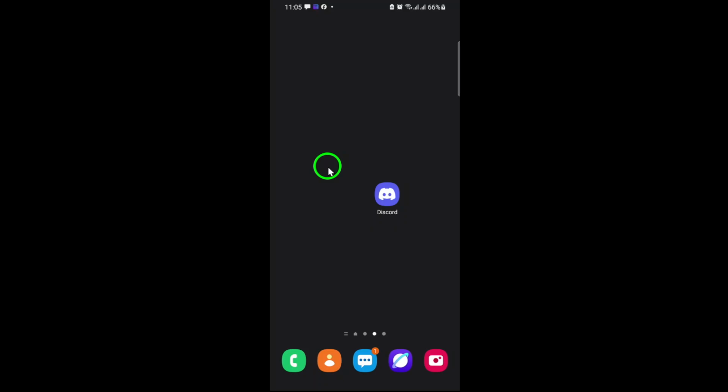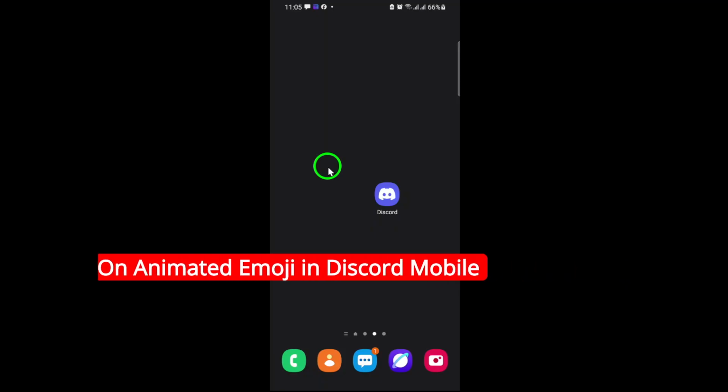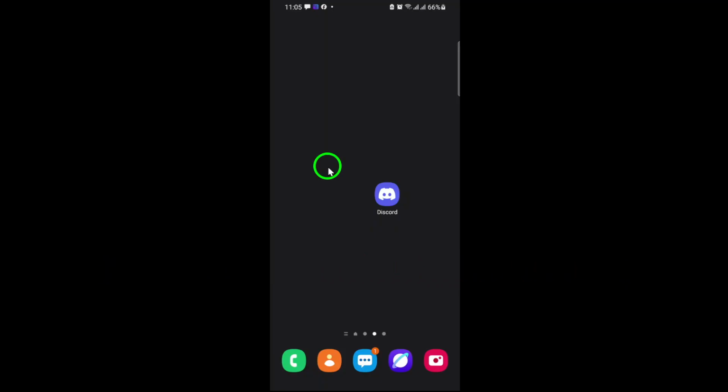Welcome. If you love using emojis to express yourself on Discord, you're going to want to make sure animated emojis are turned on, especially on your mobile device. Animated emojis add that extra flair to your messages, making chats more fun and lively. In this video, I'll walk you through the quick and easy steps to enable animated emoji in Discord Mobile, updated